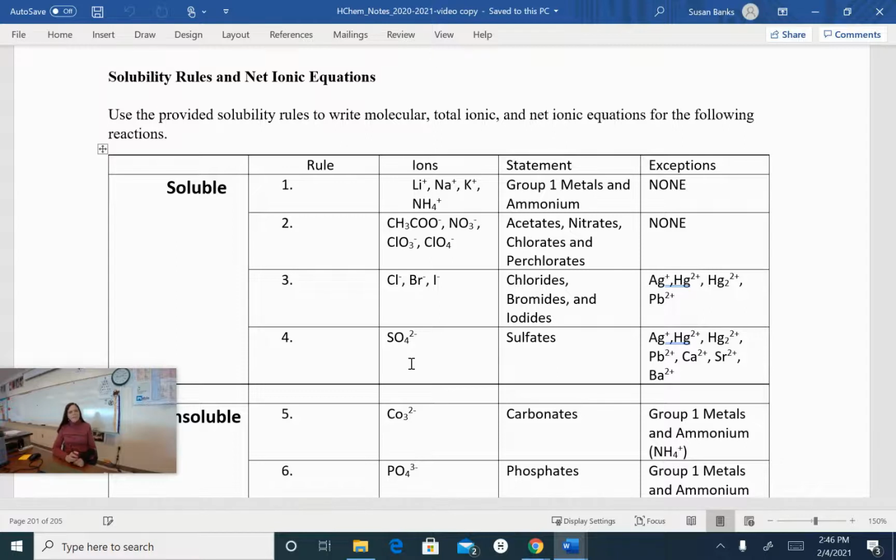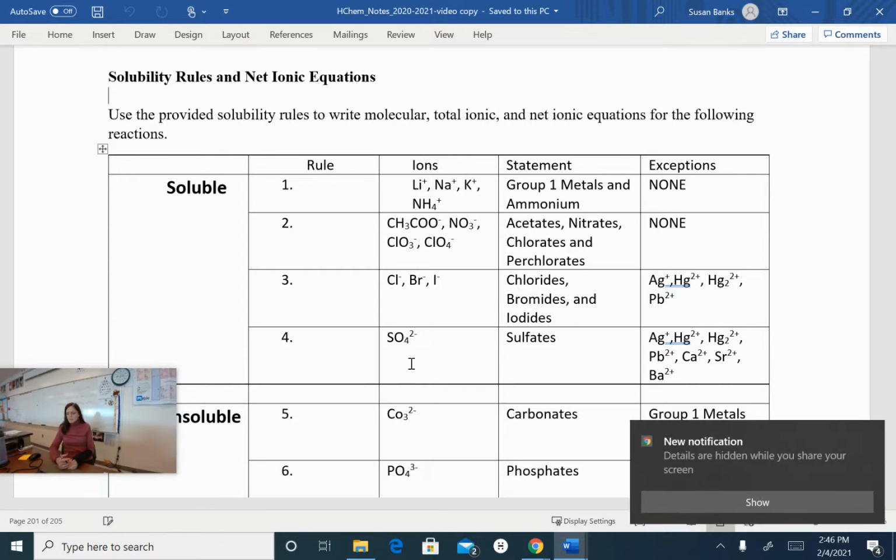All right, Honors Chem, we are going to learn our solubility rules for ionic compounds. Now, ionic compounds sometimes are called salts. So we normally think of salts as just sodium chloride, but anything that is an ionic compound is a salt. And so we are going to learn which ionic compounds or salts, different salts, are soluble in water and which